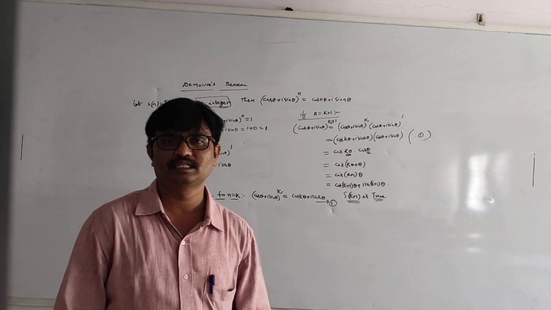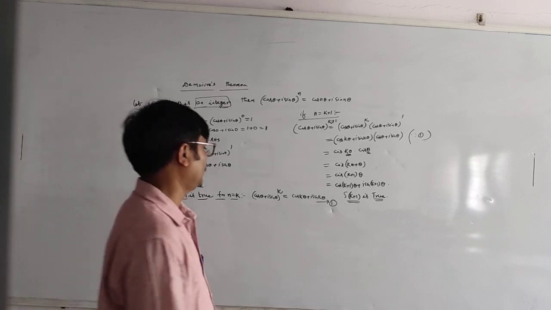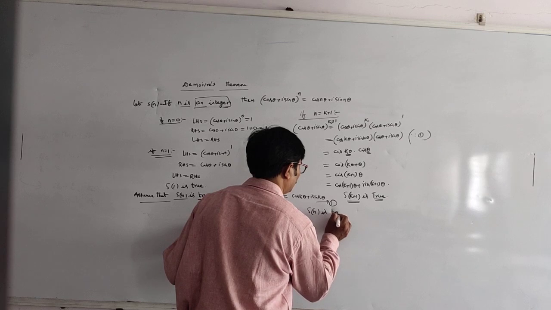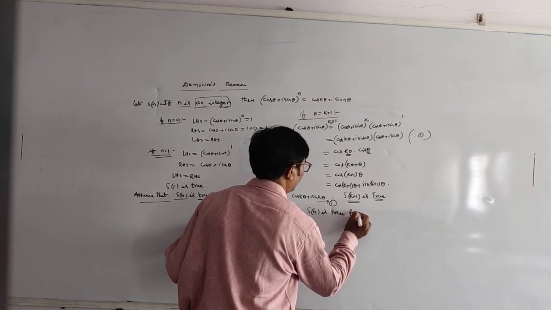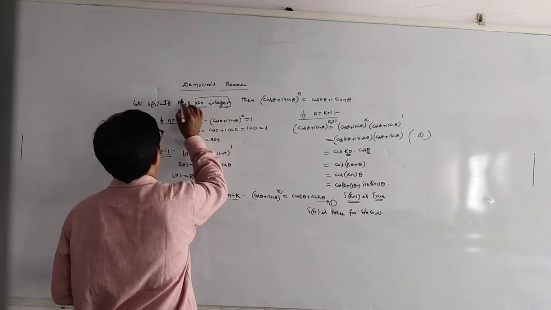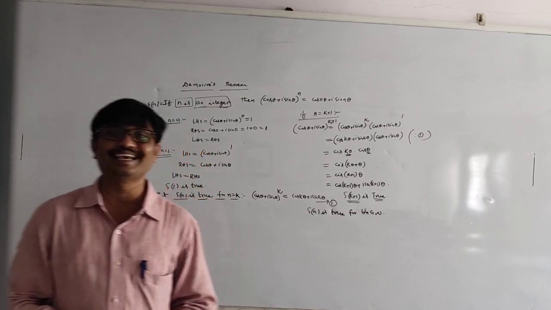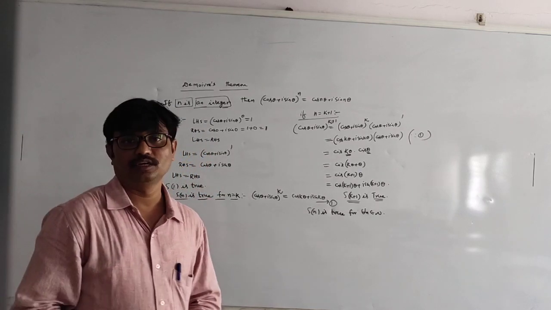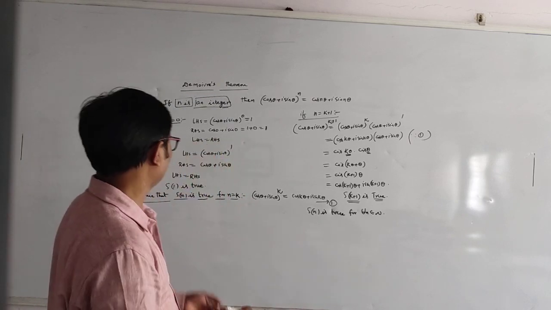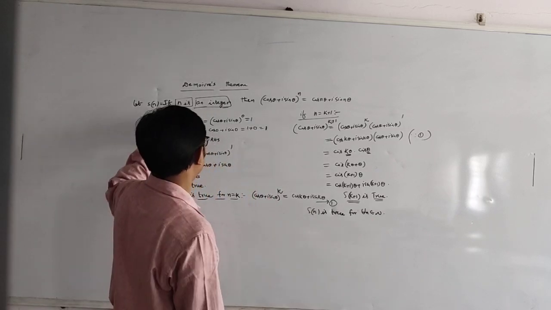We can write S of n is true for all small n. How to write, students? S of n is true for all small n belongs to capital N. Now we show that the statement is true for n is an integer. Integer means positive numbers, negative numbers and 0. We have to show that for small n belongs to capital N, also we have to show that for 0.